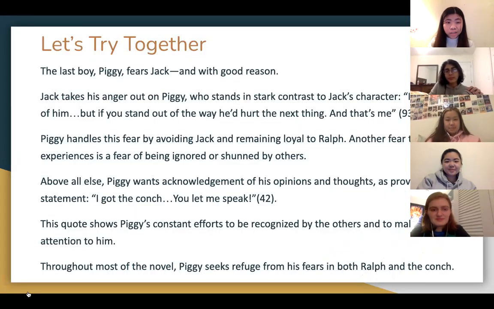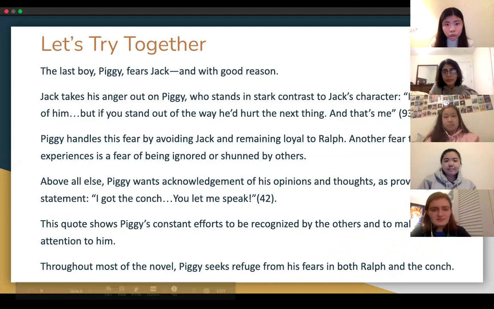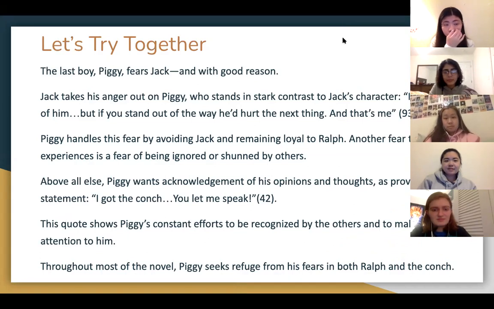So here, we're gonna try to break down a paragraph together. I've separated the sentences and we're going to use the annotate tool at the top of our Zoom page, and we are gonna annotate this together. So can we do it according to the colors of green for thesis, red for analysis, yellow for evidence, and